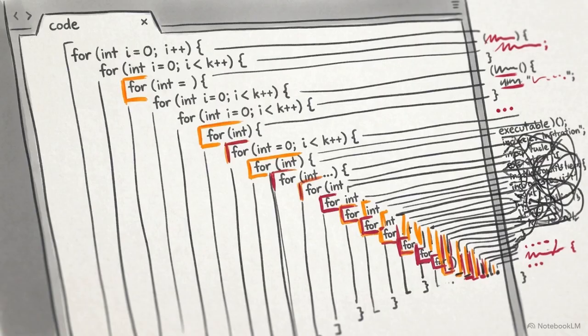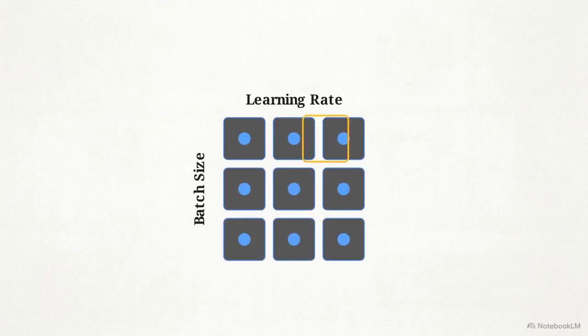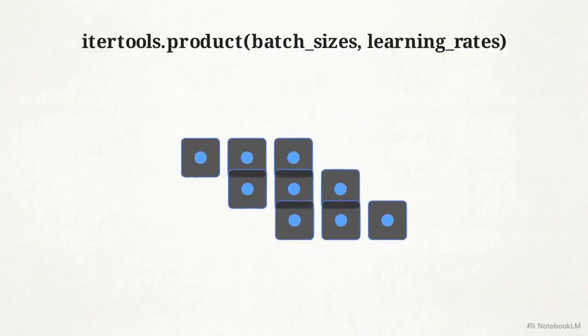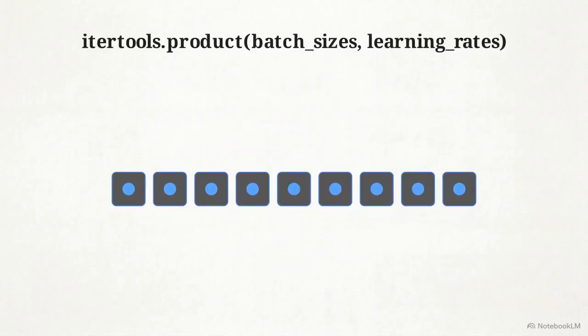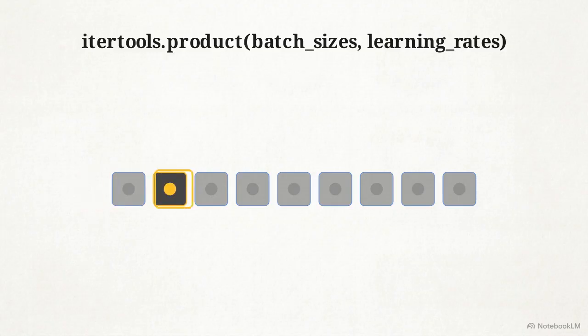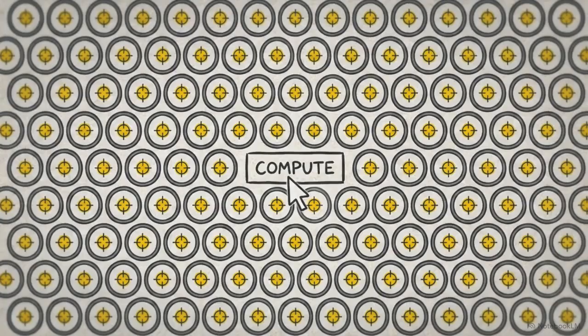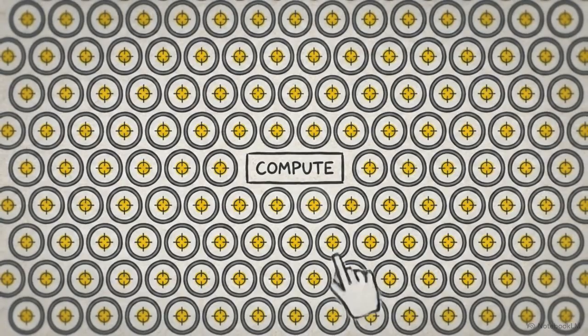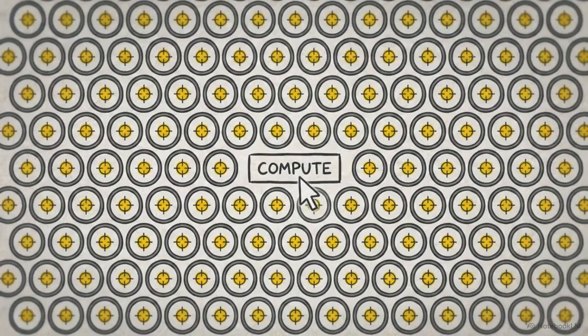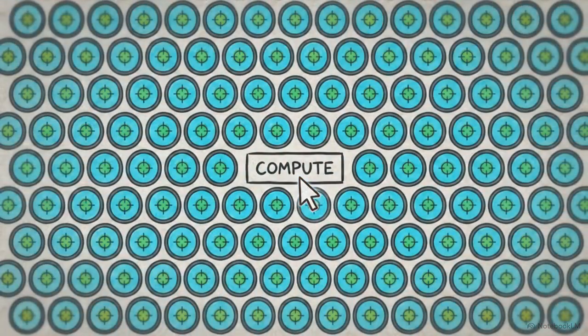Nested for loops are the most frequent cause of performance degradation in data-heavy scripts. In a hyperparameter grid search, a nested loop manually traverses every matrix cell to test parameter combinations. The itertools.product function collapses that matrix into a single pass generator, yielding combinations as needed without building the entire structure in memory. You can then use starmap to apply functions with multiple arguments across those combinations without re-entering a